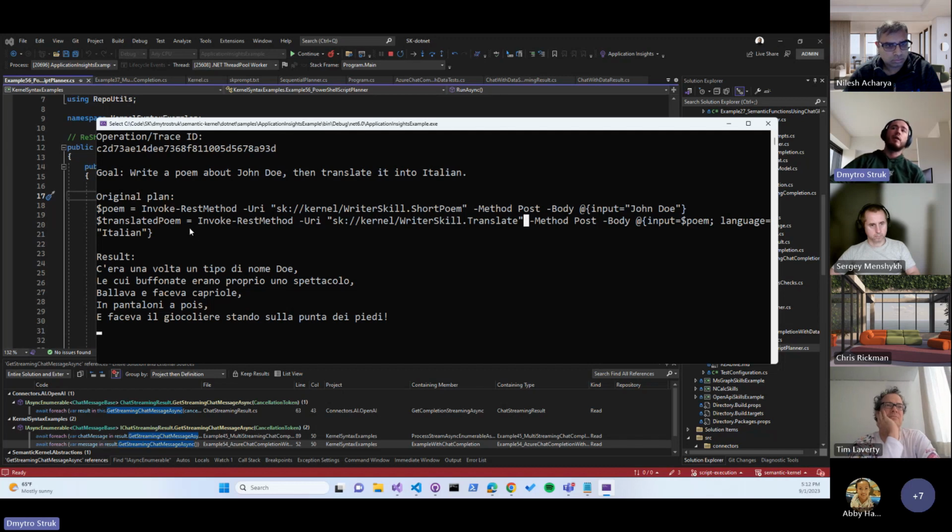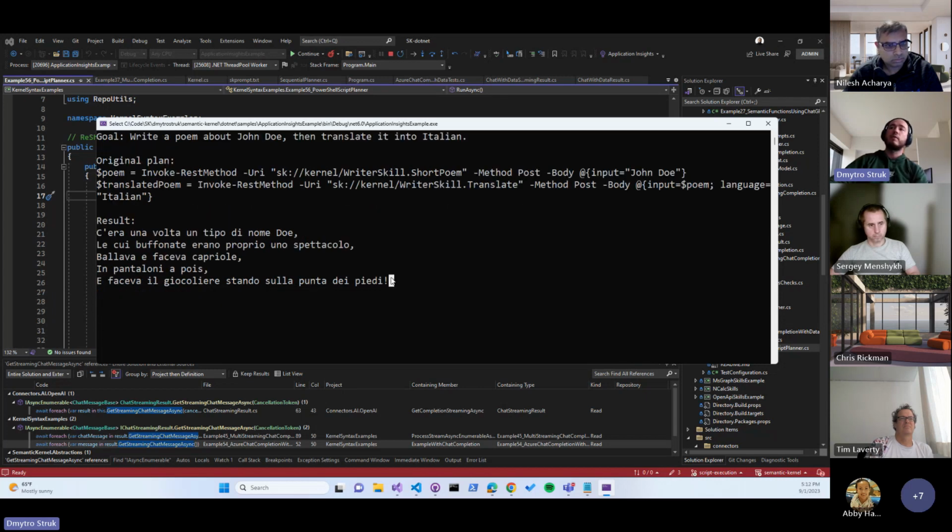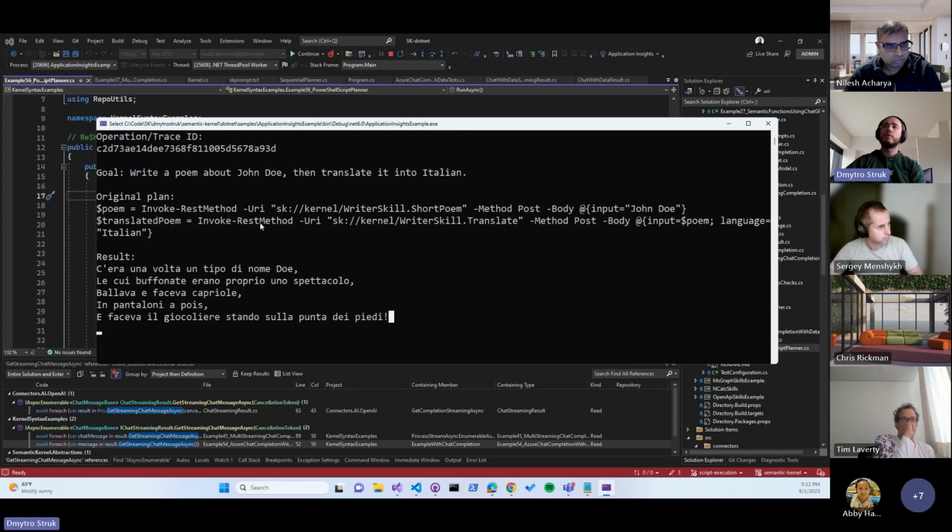And then the next variable is translated poem, which is very similar syntax, but in this case we use another function, and we have a slightly different body, which contains the poem generated on the previous step as input, and then we have language Italian. And as a result, we have this translated poem. So what does it mean? Basically, that in